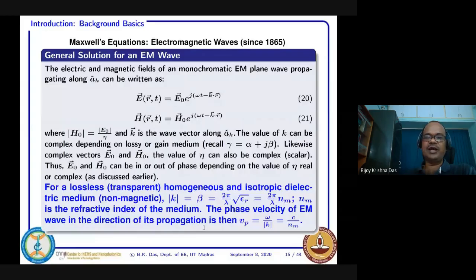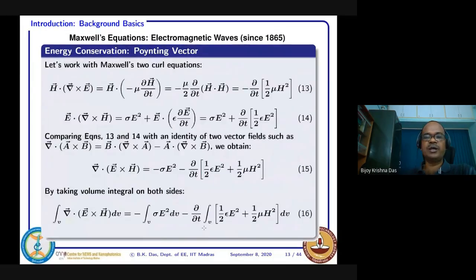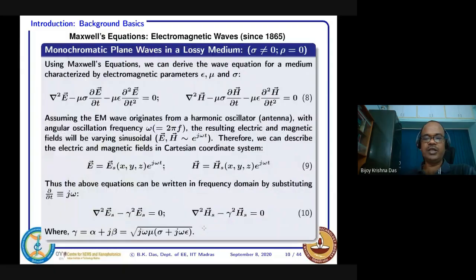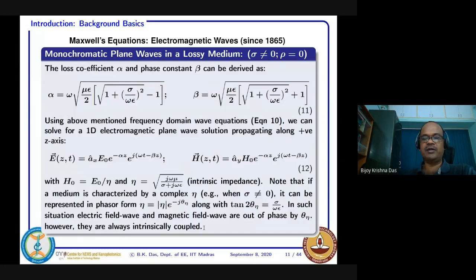So you know that for the electric field, earlier, if we go back a couple of slides, we expressed something like this, right? Here, equation 12. Let us forget about loss. Say the electric field is e to the power j(omega t minus beta z), and the magnetic field is also e to the power j(omega t minus beta z). An additional phase will be there, with H naught and E naught, right? So here you see omega t is the time dependent variation, and beta z, where beta is the propagation constant we consider. That beta we can express, no? The beta value is expressed in equation 11.